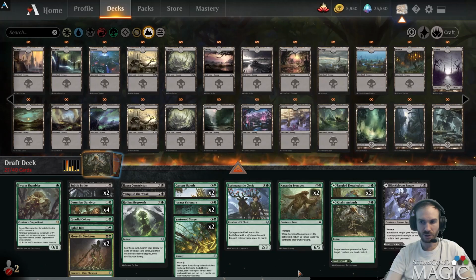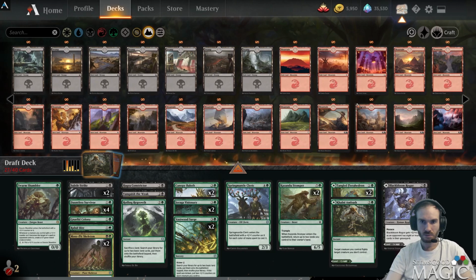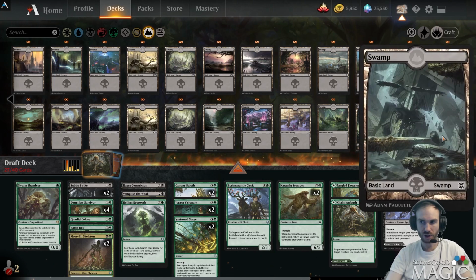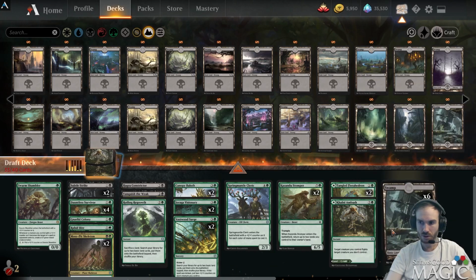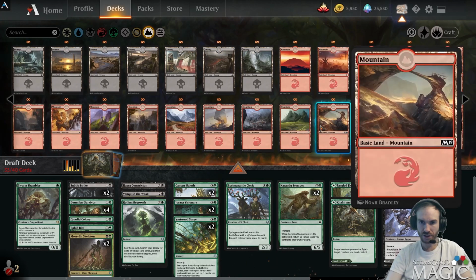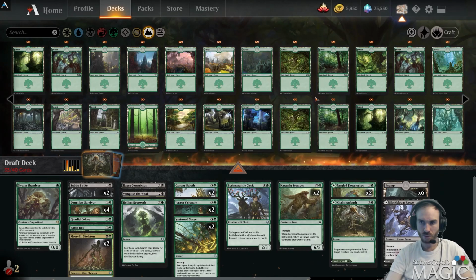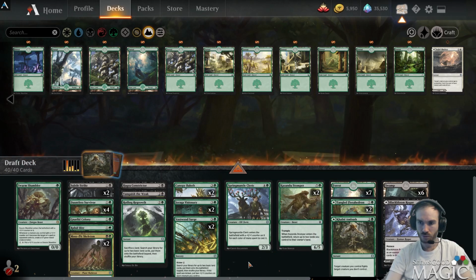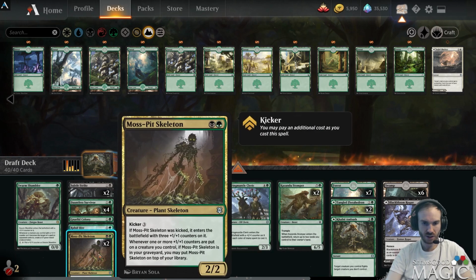Can probably get away with maybe 6 black. 6 swamps, or rather. And then 10 green. That's probably pretty good. 10 green, 7 black. Still lets us land our...